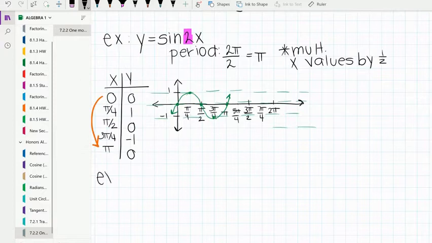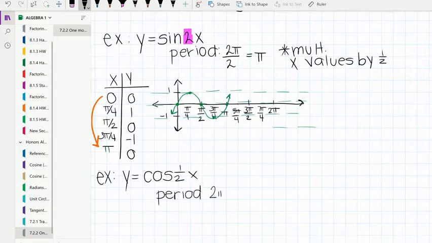So this time we're going to look at y equals cosine 1/2 x. So once again, we can see that we don't have any amplitude value or vertical stretch factor. We have no horizontal translation or vertical translation. So before we start, we're going to go ahead and find the period. So the period is 2 pi over b. In this case, b is 1/2. So 2 pi divided by 1/2 is like saying 2 pi times 2. So the period is actually 4 pi,